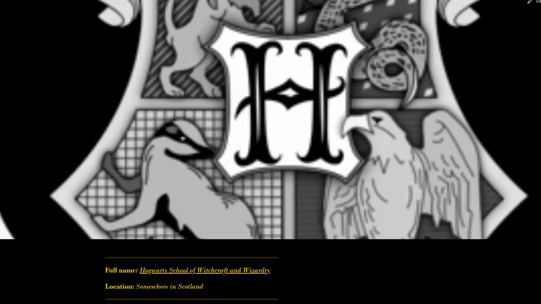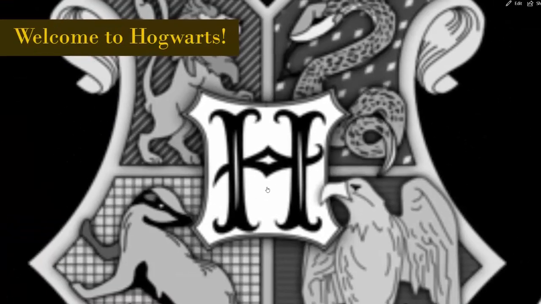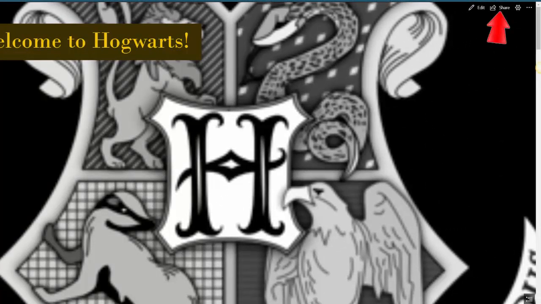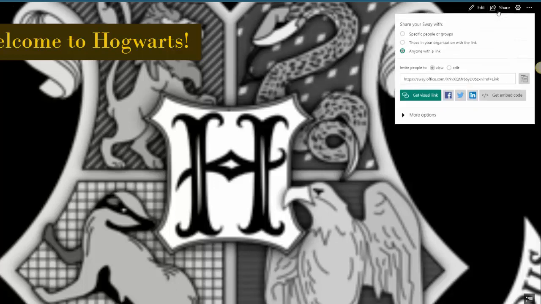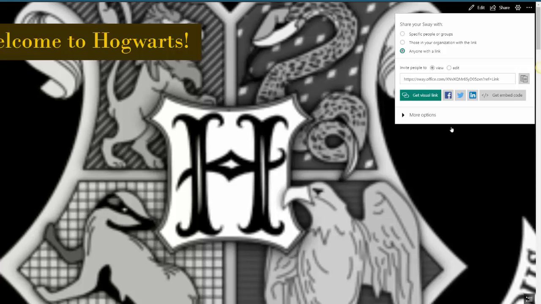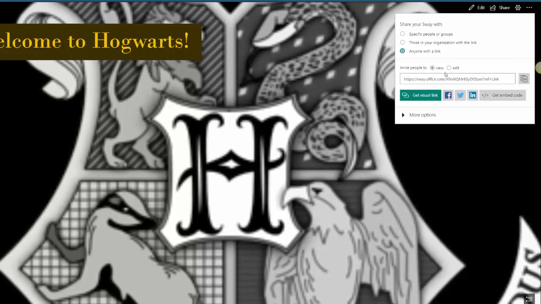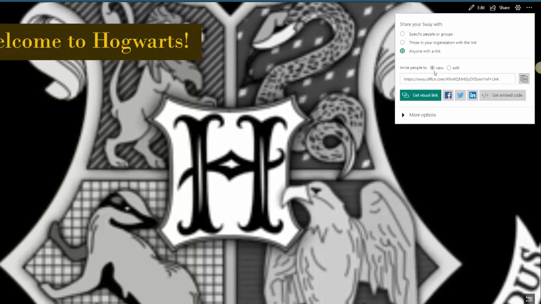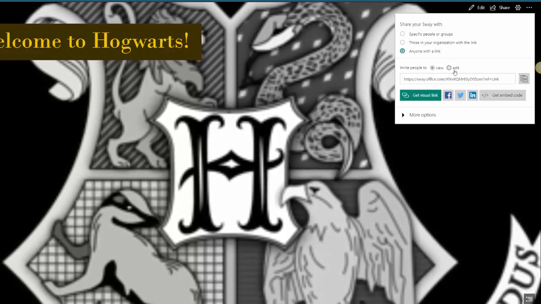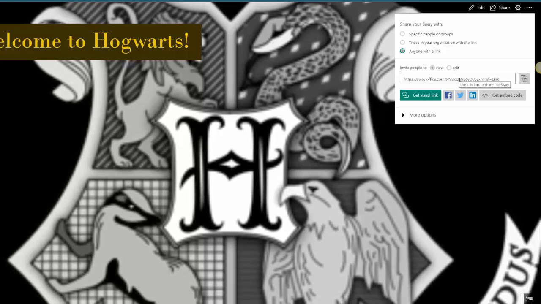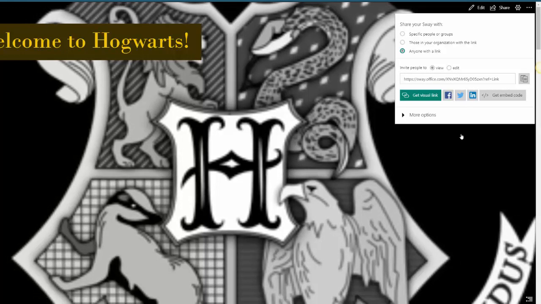However, you can also share this particular view directly to your audience's computers using the Share button, which gives you several ways to share this presentation. However, due to the way we have distributed CNU credentials, we personally recommend using the sharing link here, rather than sending invitations to specific people's email one at a time. Just make sure to choose the level of permissions you want your viewers to have in your presentation, either view access or edit access. Copy the link shown here, and then send it off using whatever method you see fit.